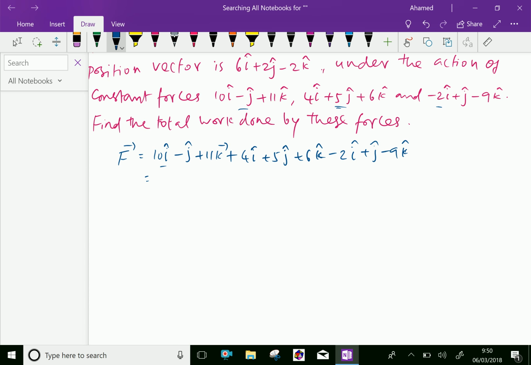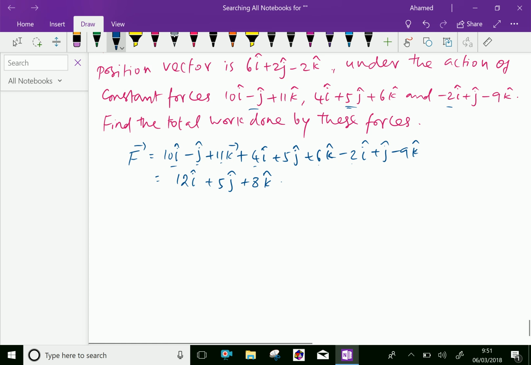10i plus 4i is 14i, minus 2i is 12i. The j terms are minus 1 plus 5 is 4, plus 1 is 5j. And 11k plus 6k is 17k, minus 9 is 8k. So 12i plus 5j plus 8k is the total resultant force. Then the displacement